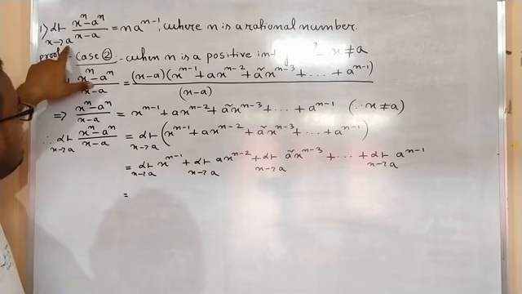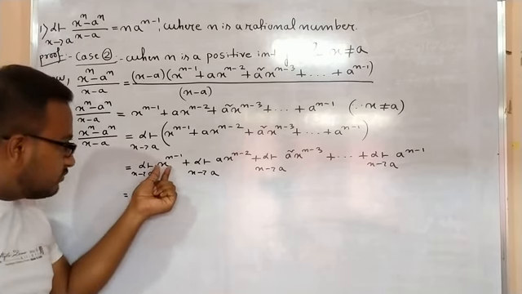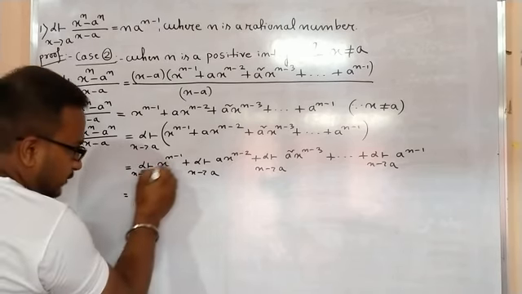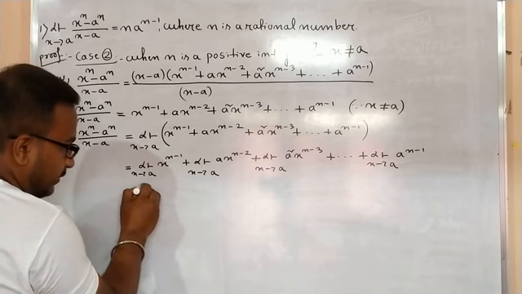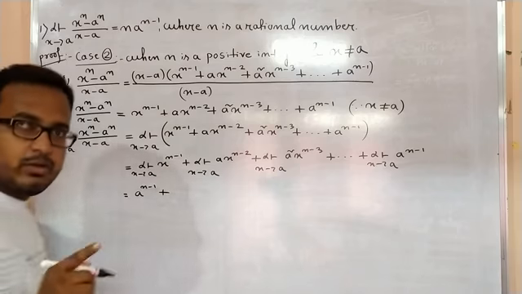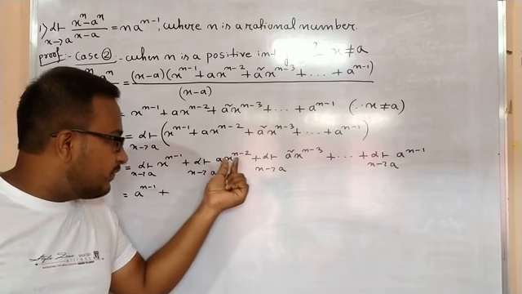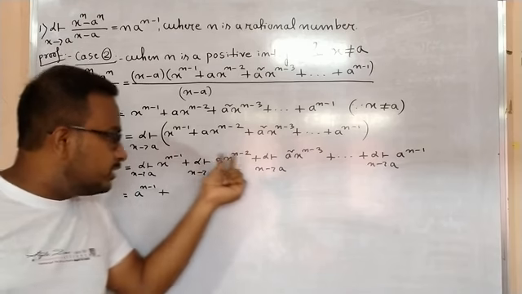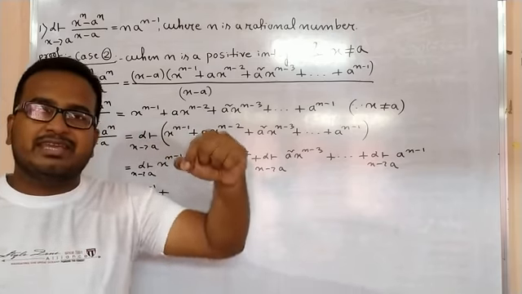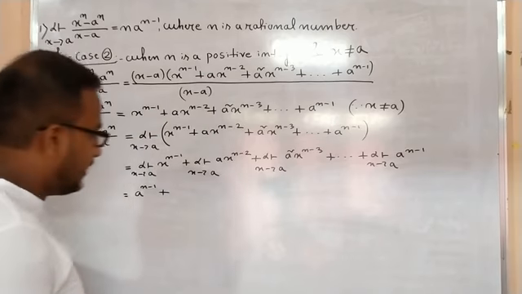So that's why you can't put x equals to a here, but here you can put, because if you put x equals to a, then still this function is defined, right? Now if you put here x equals to a, then it will be a to the power n minus 1 plus, now we have already learned one algebra of limit, that limit of some constant into function is equal to constant into limit of that function, isn't it? Because limit x tends to a, k into fx can be written as k into limit x tends to a fx.